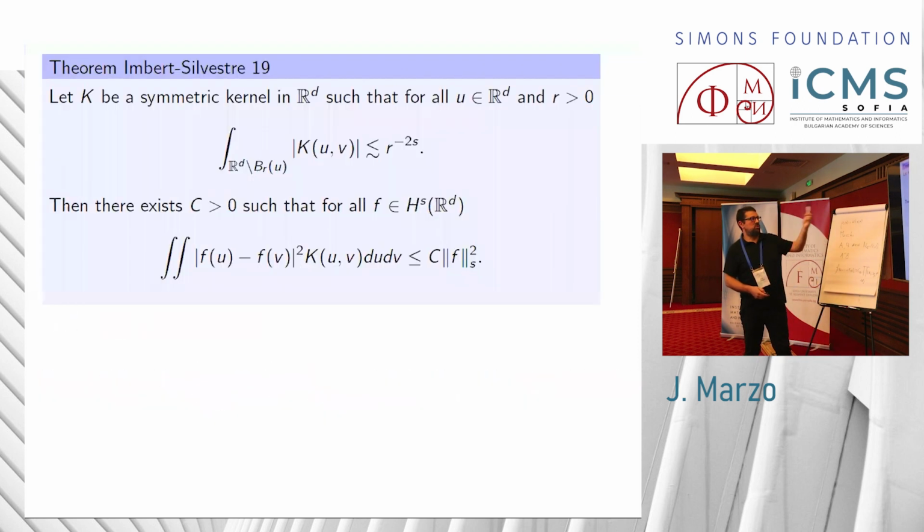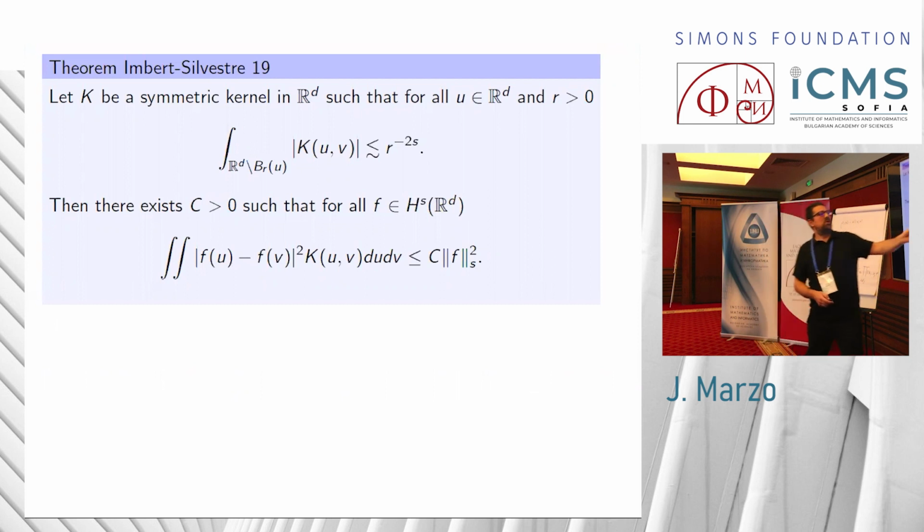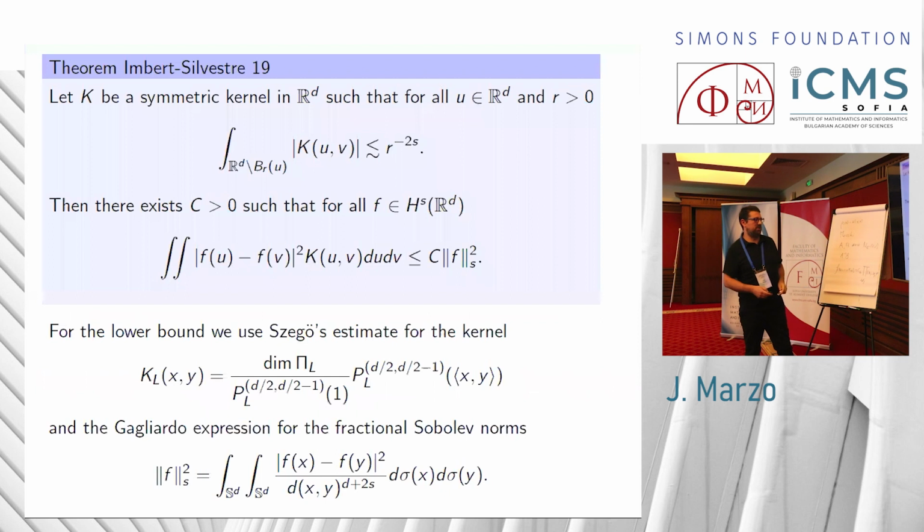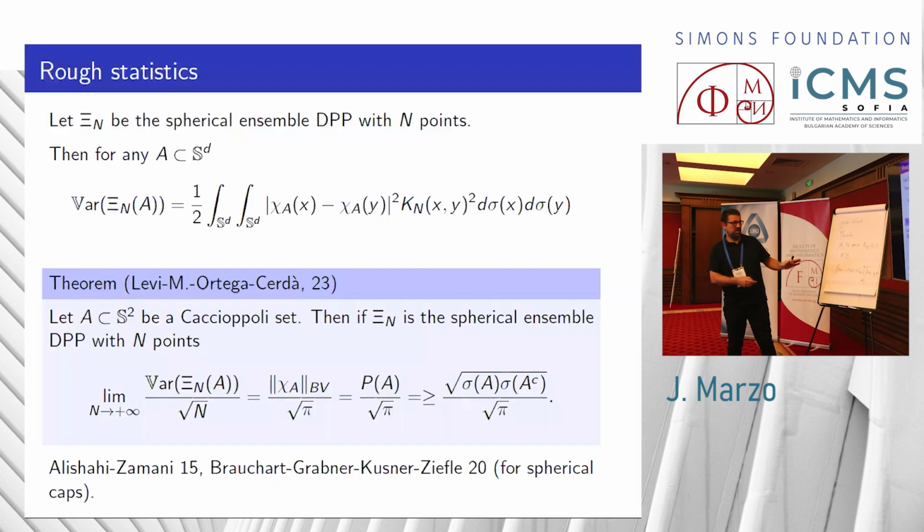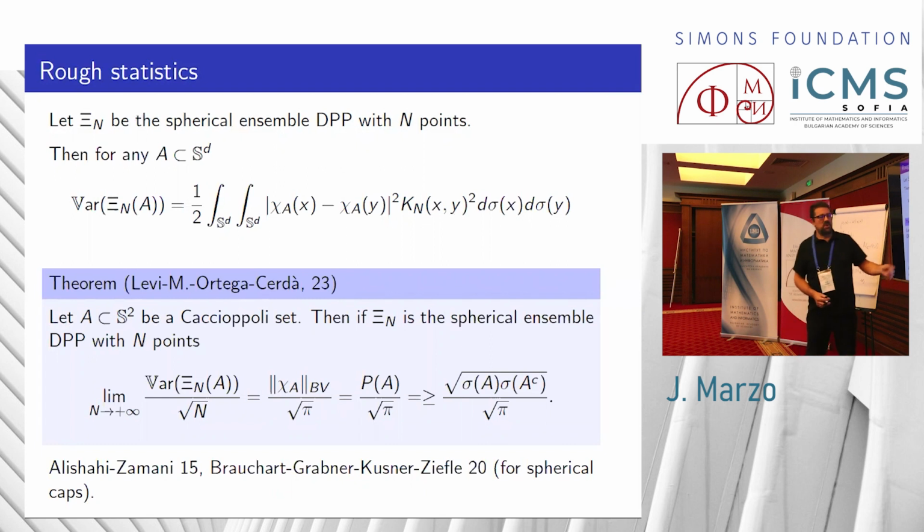So it's possible to use some theorem by Bourgain, Brezis and Mironescu, where you have to adapt it to the sphere, to get some correspondence in terms of Sobolev norms. For the lower bound, it will be essentially the same. You have this Gagliardo expression for the fractional Sobolev norms. But anyway, I would just like to finish with the last slide where this last result is written,